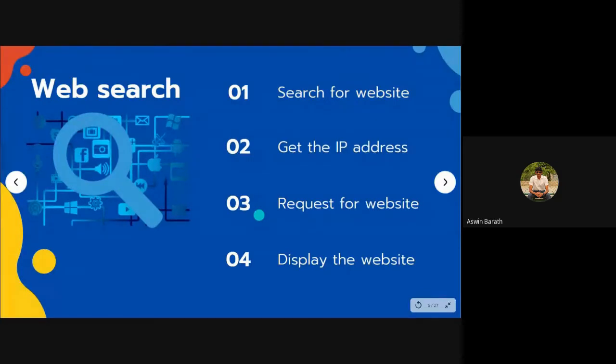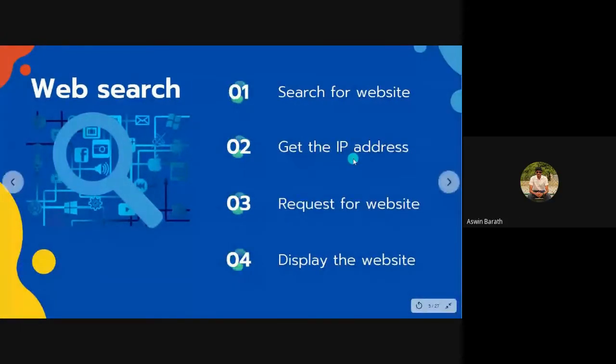Can anyone from the audience tell me what an IP address is? It's the unique address of a website or a web page over the internet. Exactly, a numerical label. Internet Protocol. An IP address is just an address given to one computer over the internet, right?